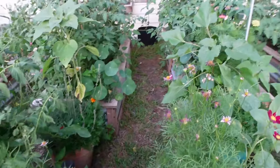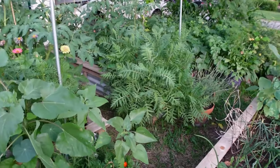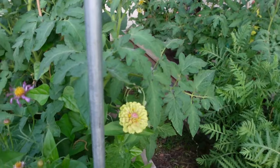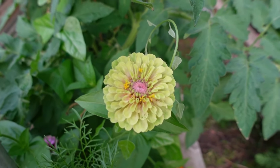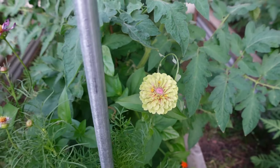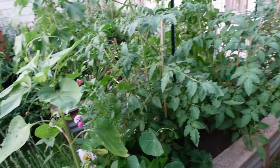in here. And then look, this is my favorite one this year. I actually absolutely love this flower. This is a Queen Lime Zinnia. Isn't she pretty? I absolutely love that plant. And of course, tomatoes,